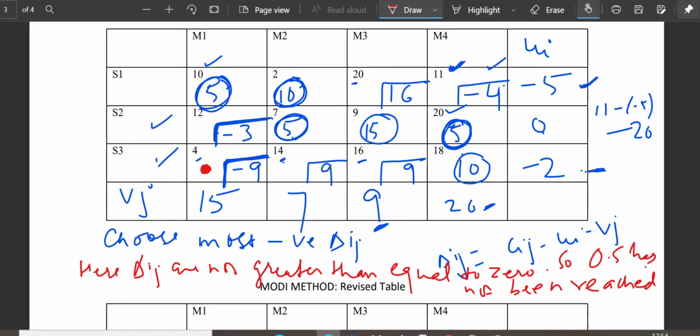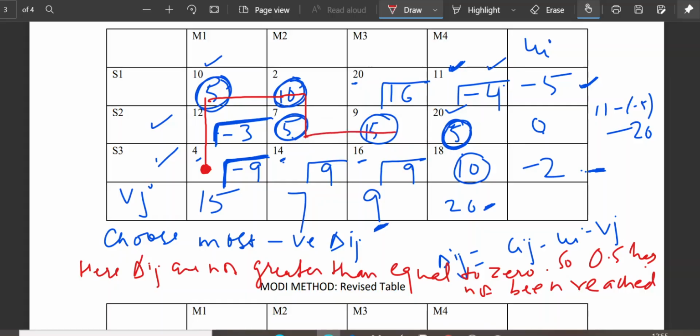See, what we have to do is draw a loop. Loop means you have to start from this point and come back to the point from where you started the loop. I can move only over the basic cells. Basic cell means circle. So from here, suppose I go here to 5 because 5 is a circle. Then from 5 I go to 10 because it is also a circle. From 10 I move to this 5. This is also a circle. Now I can change my direction here.